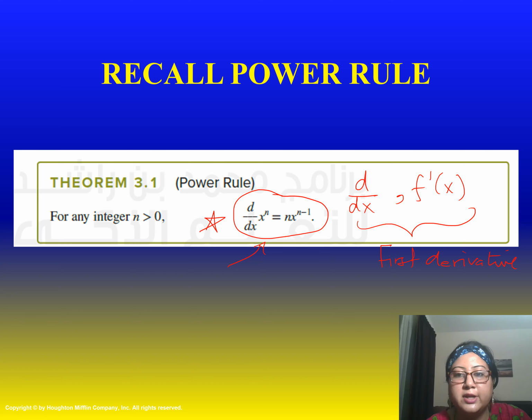Now, before we go on to the next slide, let me just remind you that the derivative of a function can have different notations. There can be Leibniz notation, there can be Lagrange's notation. So accordingly, don't get confused. If you have d by dx or if you have f prime of x, which is being asked in the question, both of them mean the same thing. You just have to give the first derivative. So that is one important point that I would like to highlight. Let's move on to the next slide now.